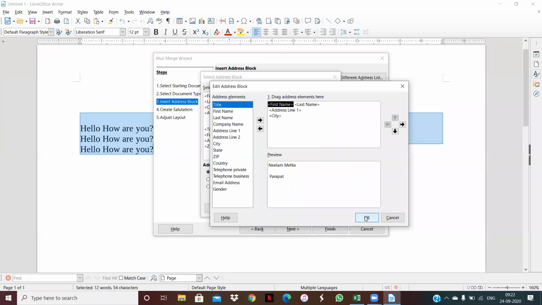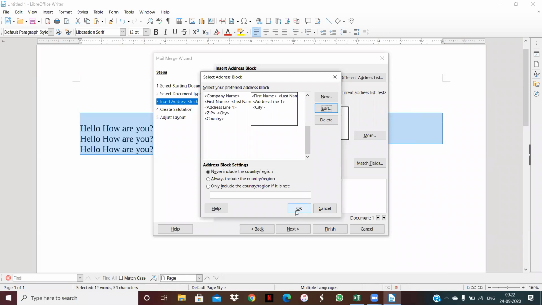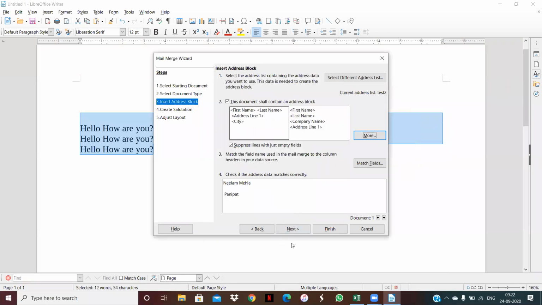Clear, my dear students? Click on OK. Then again from here click on OK. Now you can see here the records, first name, last name, and city. Now click on next. Here is next record, that is Tanu Rani, Panipat, and here is the third record, that is Kavita Rani from Karnal.